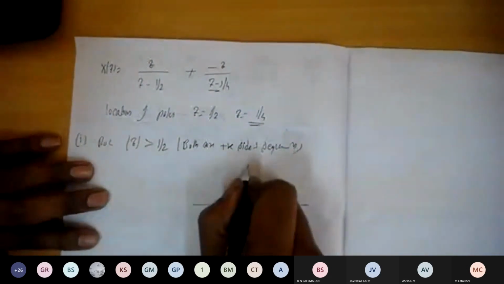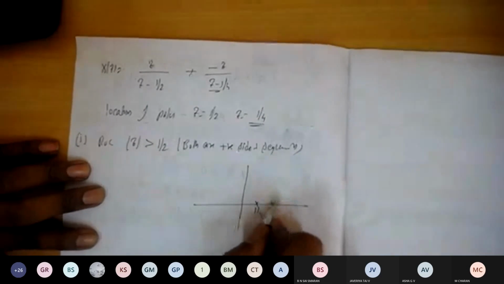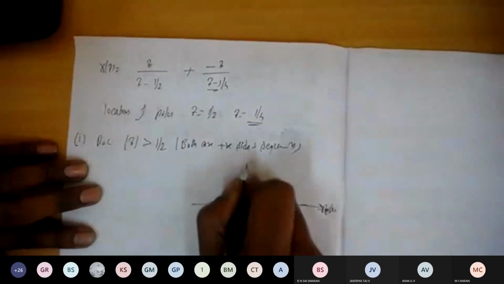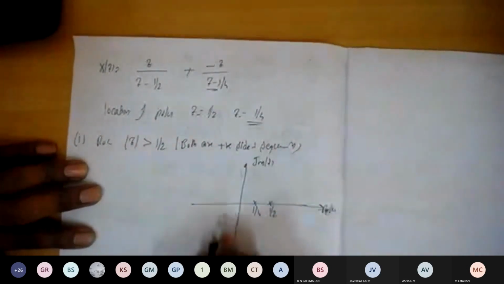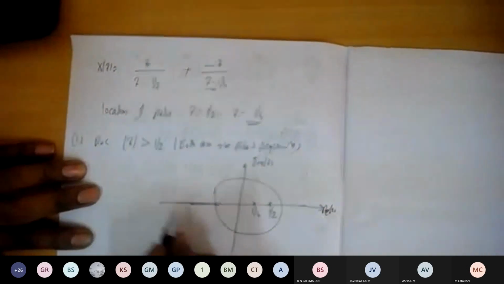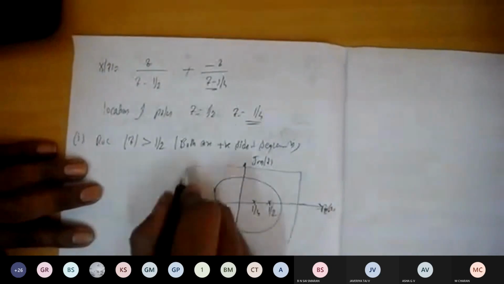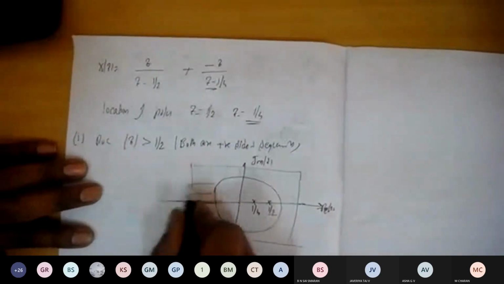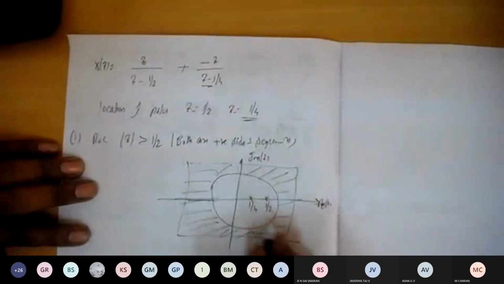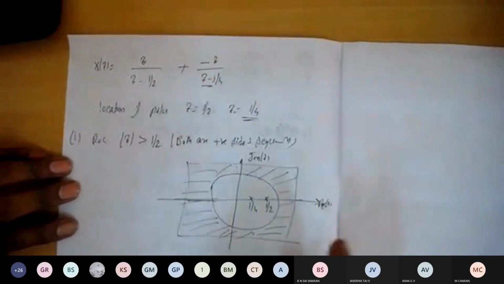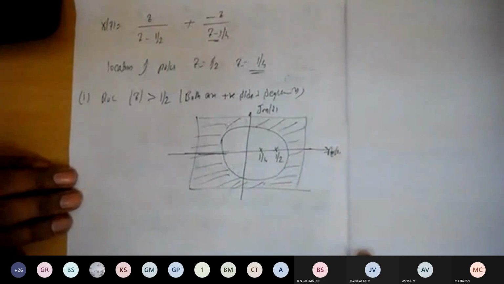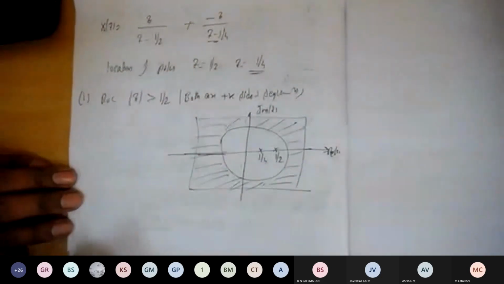So here we can write like this. This is 1 by 4 and this is 1 by 2. This is the real part of Z and this is the imaginary part of Z. The ROC is going to lie outside the circle, which means that both are positive sided sequences. You find out the inverse Z transform for this one. Can you do it? Okay, so you try to do this one.